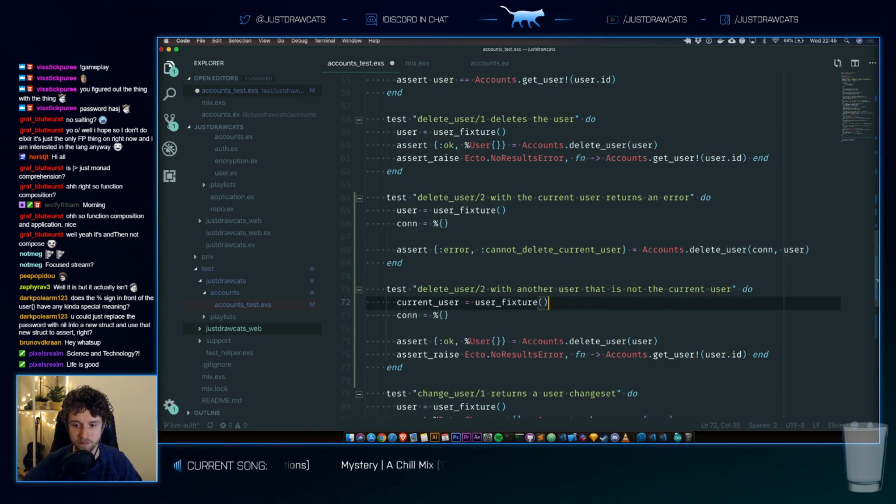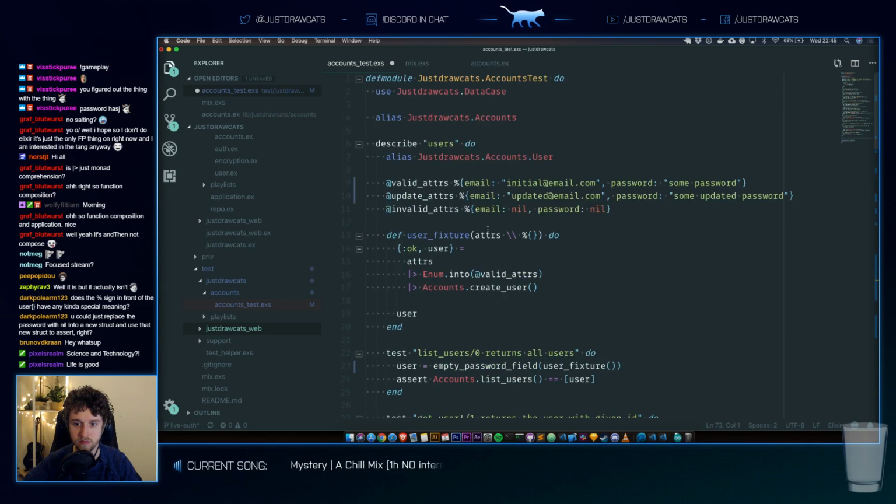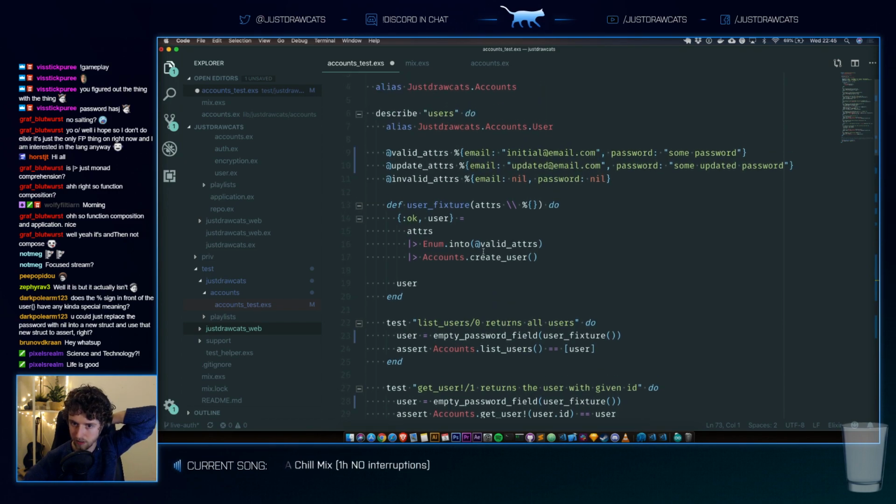Current user. And I can change the attributes here, which is nice. Enum